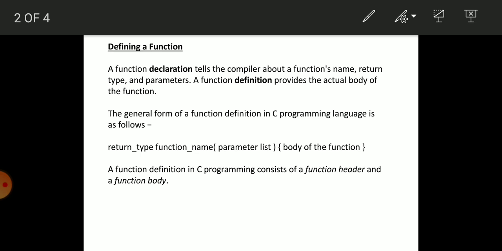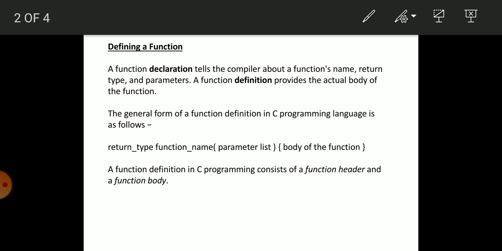All these elements, the function name, function type, list of parameters, local variable declarations, function statements and the return statement, these 6 elements are grouped as 2 parts, namely function header and function body. The definition of a function contains a function header and a function body.